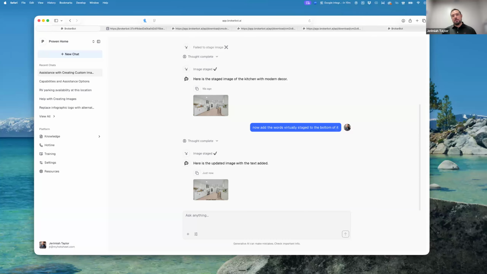And so what I want you all to get excited about is that everybody asks us, well, what happens when the next Grok or OpenAI or Gemini thing comes out? Will I still need BrokerBot? And the answer is, I don't know that you need us. You could go buy a lot of these tools and hire engineers. You could do it on your own. But our job is to make it easy and make sure you have access to the best tools in a way that doesn't